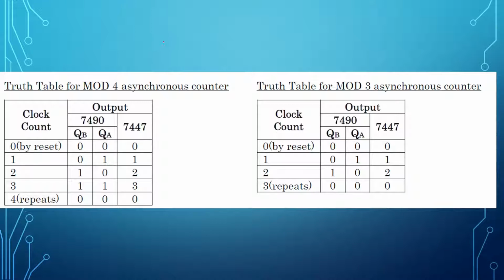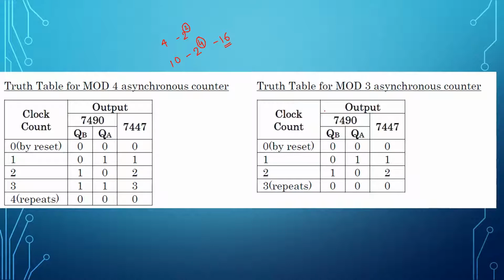As I told you, it depends on the counts. For example, if the count that you require is 4, then you need to go for 2 to the power 2. This 2 to the power 2 will be the number of flip-flops. For example, if you say, sir, I want 10 counts, then it will be 2 to the power 4, which means you need to go with 4 flip-flops. I know that 2 to the power 4 is 16, but out of the 16, I'll be considering only 10 counts and the remaining 6 counts will be ignored. So that is what decides the number of flip-flops for the counter.